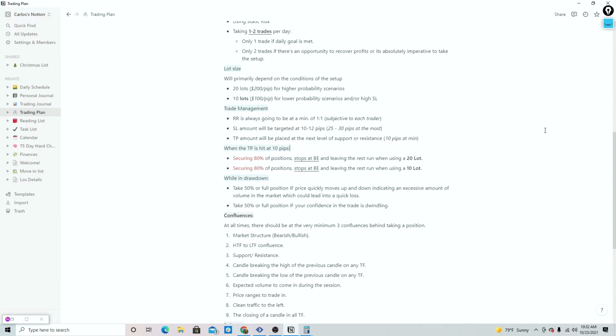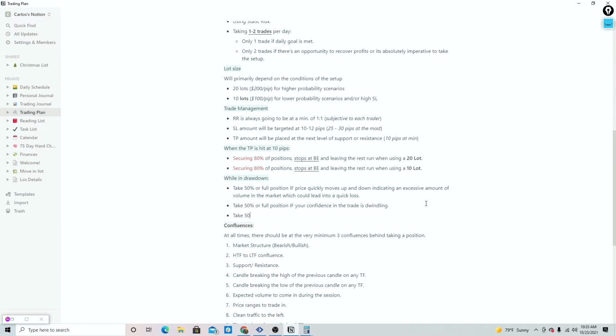But if we're stuck around, in a little bit of drawdown, or coming back and forth to entry, that's when my confidence starts dwindling. So, take 50% and just let the rest run and see if your analysis played out the way that you liked it, or if not, then just journal it, backtest it. So yeah, I'm also gonna add some new things, right? So I'm gonna put